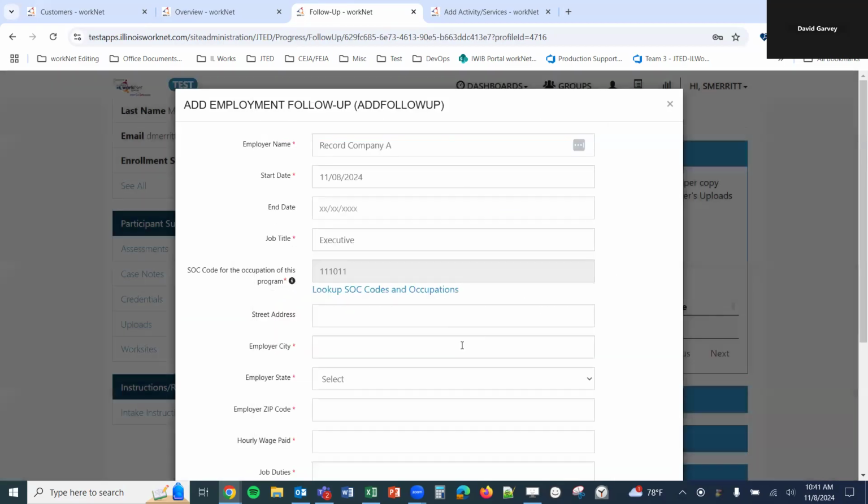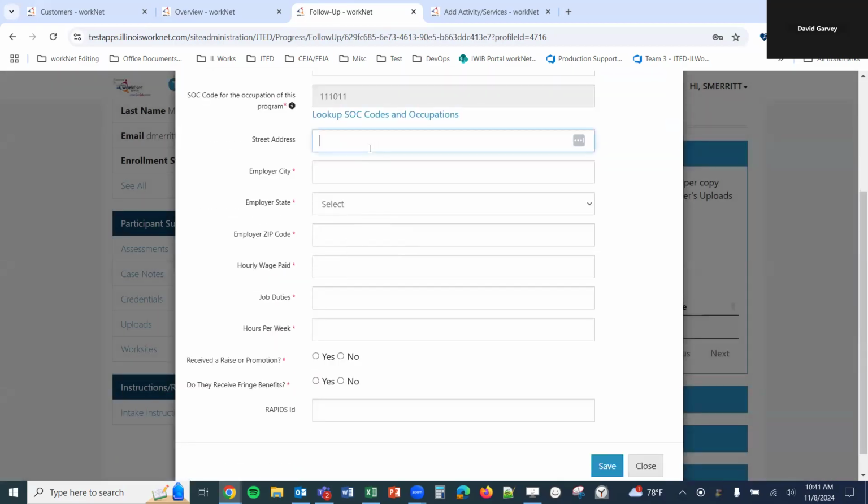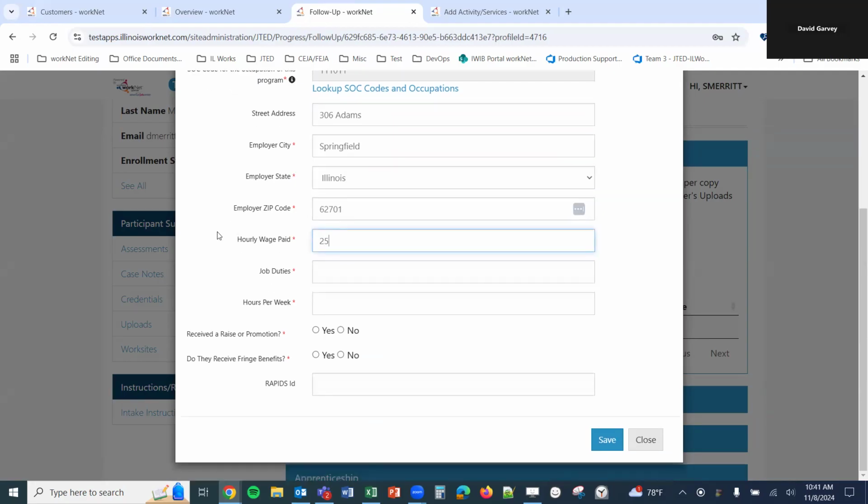Let's just say this one here. And we can enter in the employer's address information, following fields. And then we'll enter the hourly wage paid, the job duties, and the hours per week. And then we have a couple questions here for yes or no, received a raise or promotion, and do they receive fringe benefits? And the Rapids ID, we really only need to enter this if they're an apprenticeship,